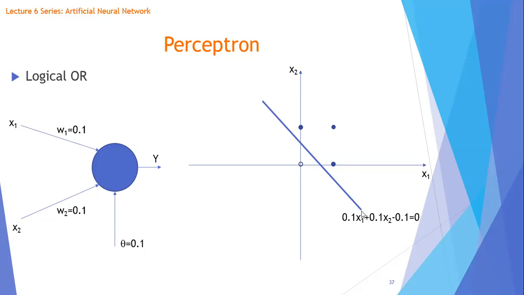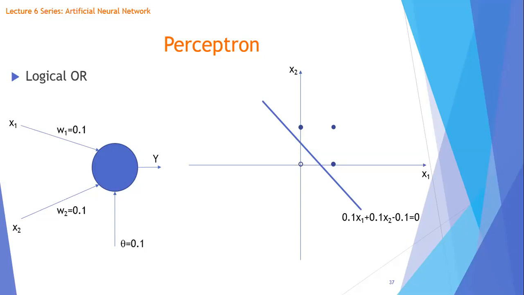And just like we've done before, if you can draw a line here, it's not a unique line. You could be shifting this line between this threshold here. You could be changing the gradients as long as it's separating the 2 classes. For this particular case here, if you were to set your W1 at 0.1, W2 again at 0.1, but you set your threshold at only 0.1, you are able to separate. So let's again do the same procedure